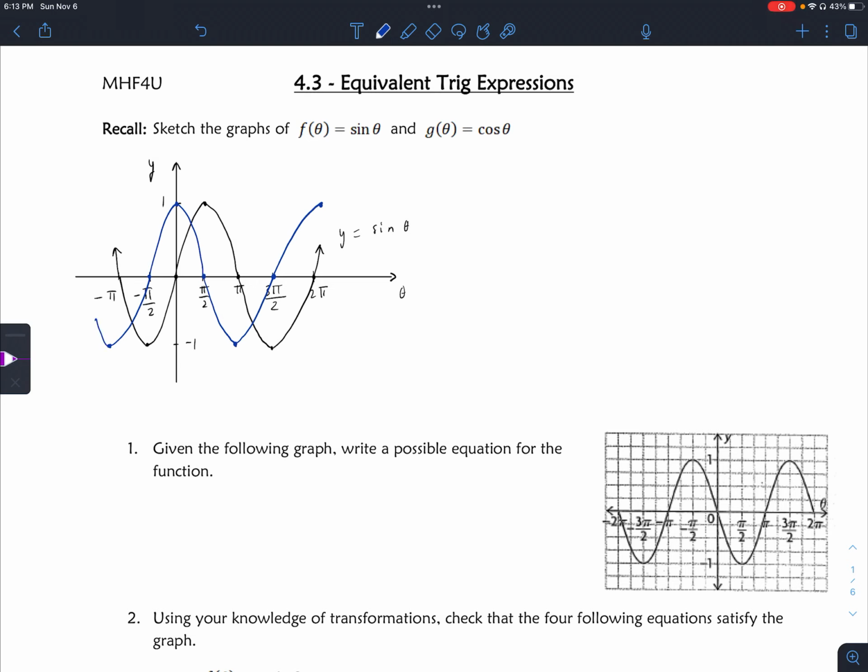And it keeps on going. So it has an unrestricted domain, so it goes on forever. All right, so having looked at these two trigonometric functions,